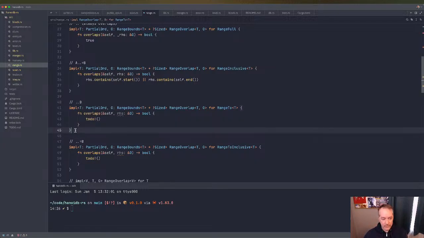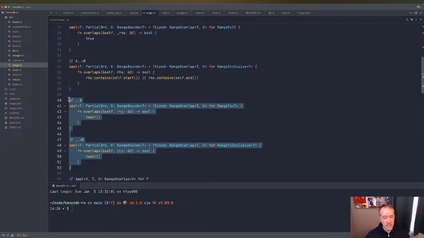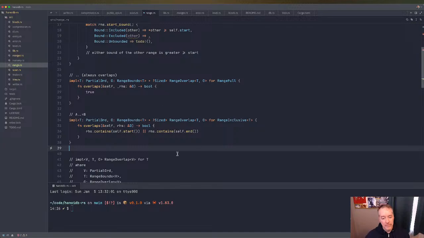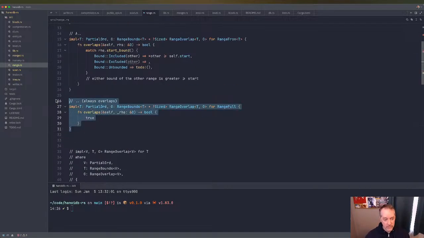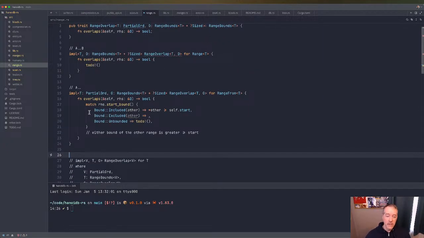If the range we're scanning, like, a block is always going to start with a key. It doesn't have an unbounded on the left. If there's unbound on the left, we know that we don't have that key, right? So we can delete a bunch of these. So we don't need to implement range 2, and we don't need to implement range inclusive or range full. Now, for completeness's sake, I might want to do that later, but we really only care about